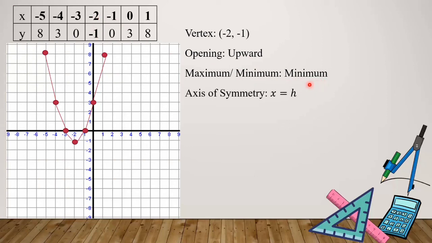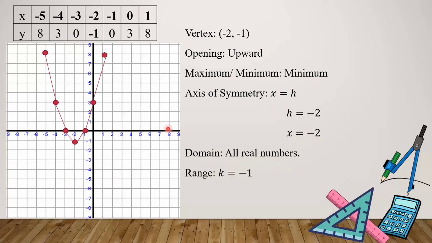Then the axis of symmetry, since x is equal to h and our h is equal to negative 2, then the value of x is equal to negative 2. So the domain is all real numbers